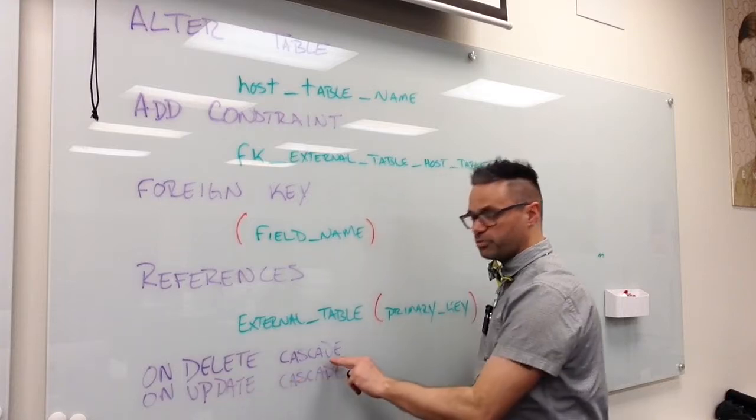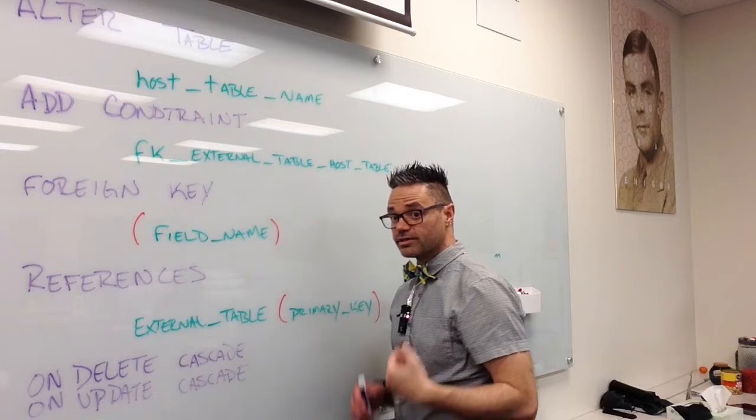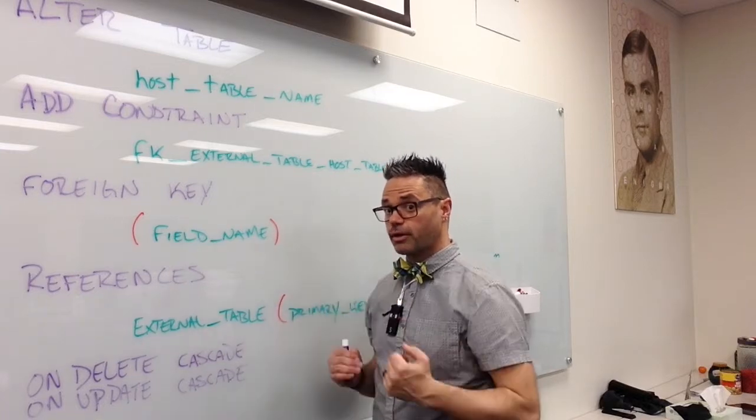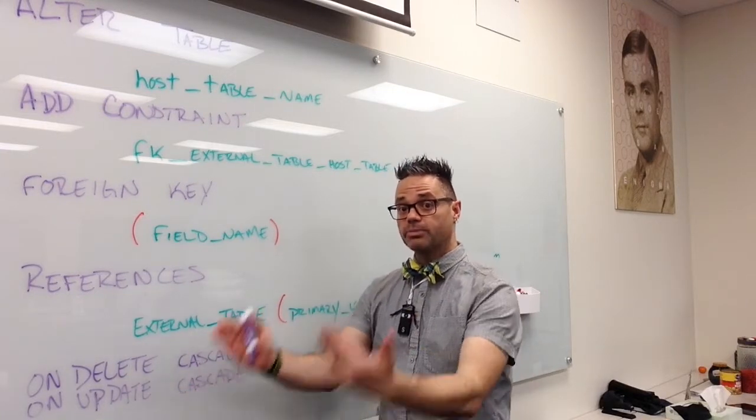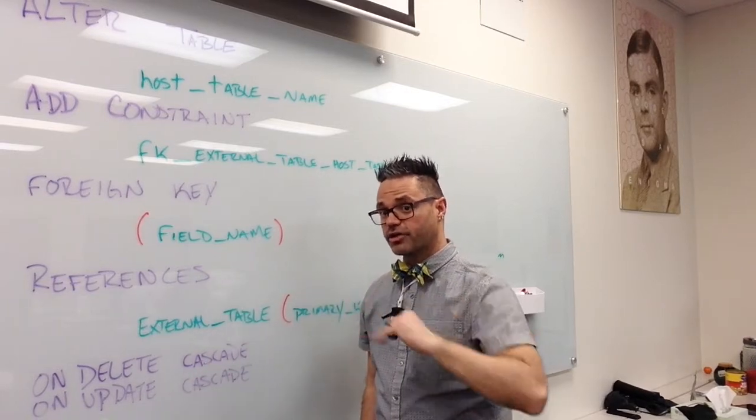The on-delete and on-update are both going to be set to cascade because I want my changes to be reflected down the line. So if I delete something, I want it to delete the associated components. If I update the thing, I want it to update the associated components. So whether I go good or bad down the line, I want to make sure that data integrity is maintained